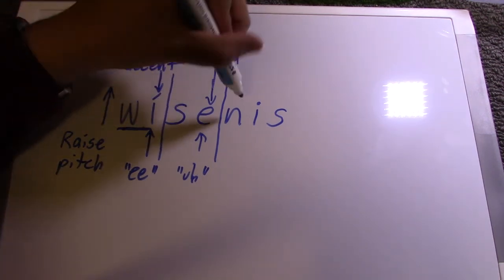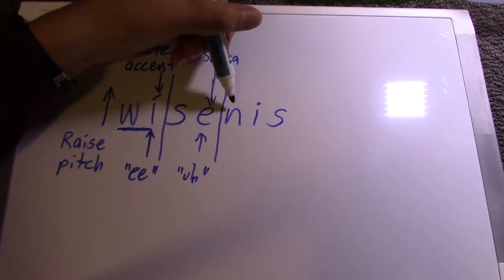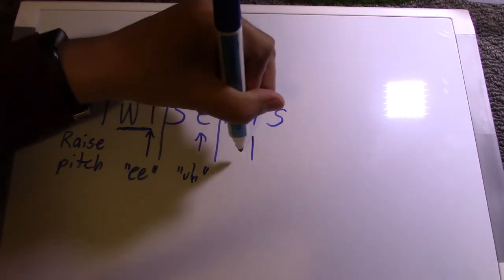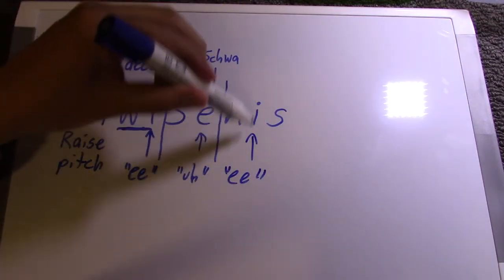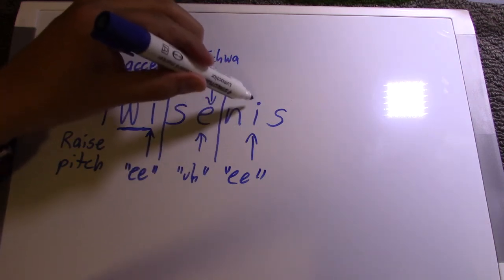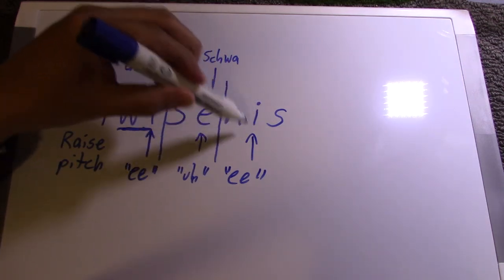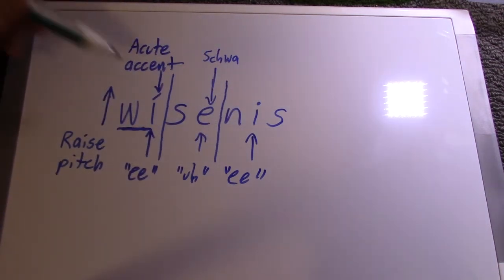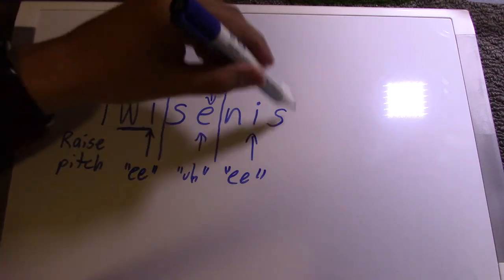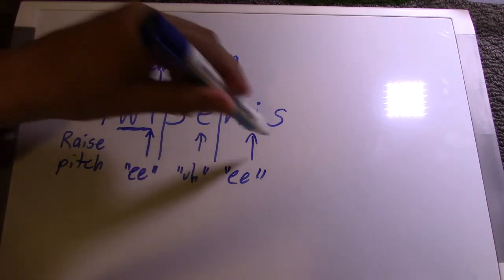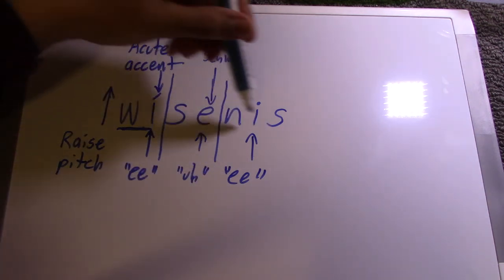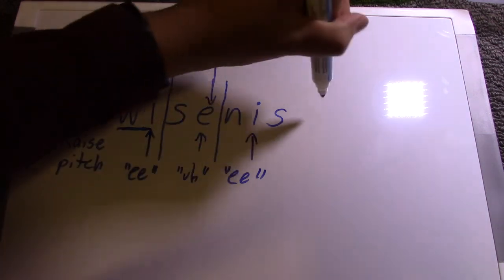We, sa, nis. So we have a regular N. I again is a regular I, making an E sound. So try and get used to saying E when you see an I. Under regular circumstances, that's the sound it makes. It can change, but most of the time you'll see the I being represented by an E sound, and that's what you'll hear. Then we have the S, which is a regular S. So put them all together, we got we-sa-nis. We-sa-nis. That means